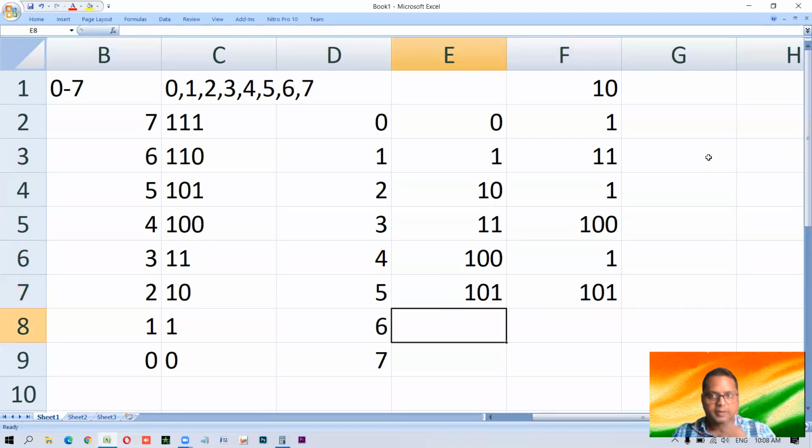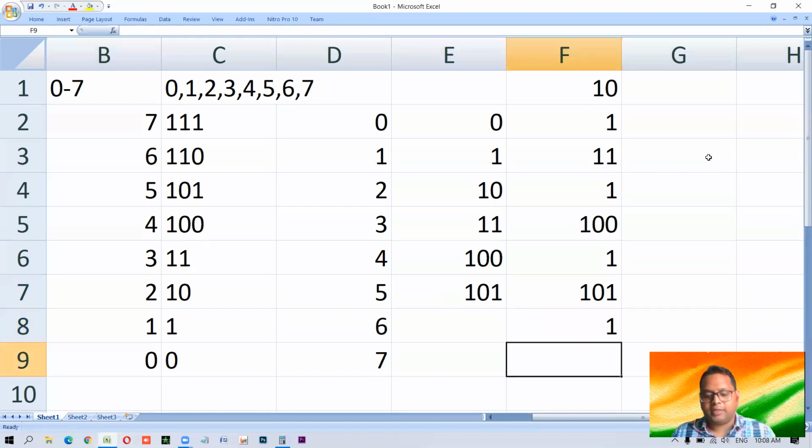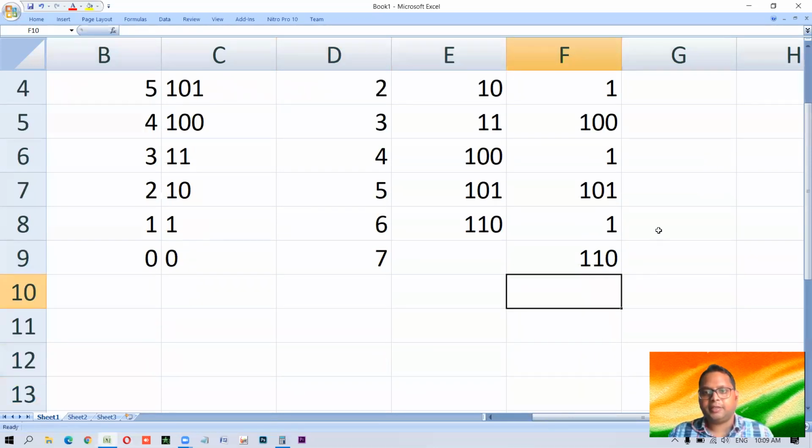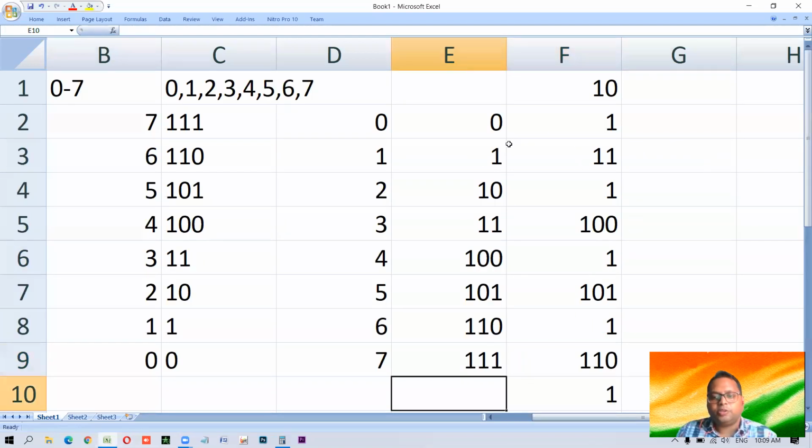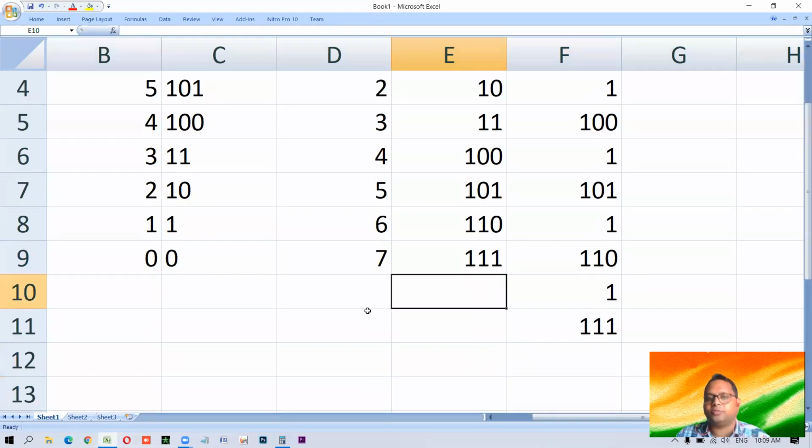That is 5. And now what? One more added to it. What it gives? 1 plus 1 ka 1 0, then 1 plus 0 1, and then 1. This is 1 1 0. And lastly, when we'll add 1 to this, then 0 plus 1 1, and this 1 and this 1. This 1 1 1. So this is how we can find the series of the numbers. Various ways are there through which we can get the numbers. The same way we can find the binary of 8 also, although it is not relevant to this topic, but just I want to show you.